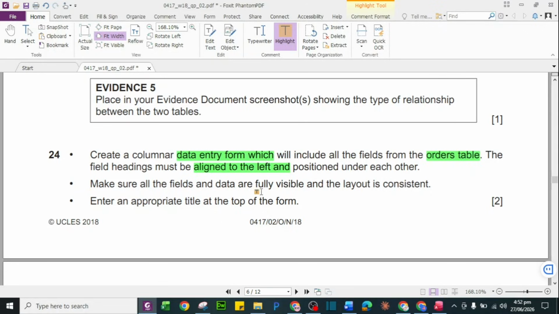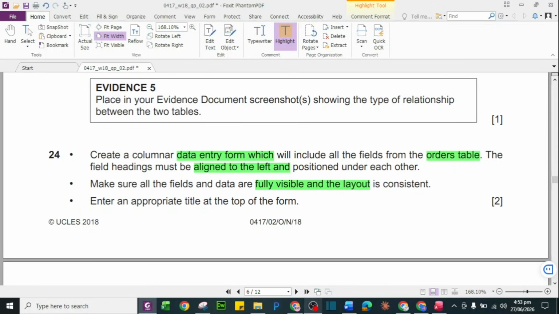Make sure all the fields and the data are fully visible. The layout should be consistent, and enter an appropriate title at the top of the form. As this is the order table, we can give the name order form or order entry form, anything.